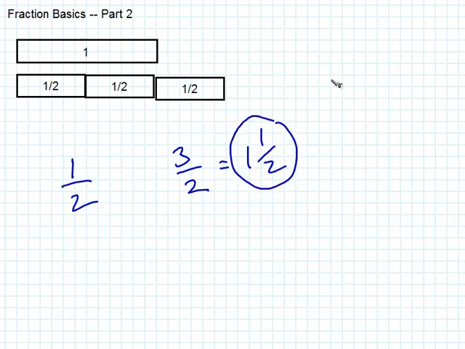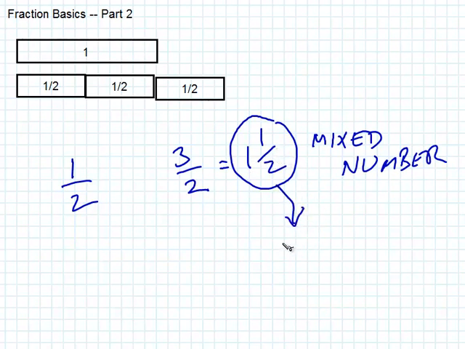This is called a mixed number, or some textbooks call it mixed numerals, or whatever. Different teachers would say it differently. But in other words, I have mixed notation here. I have whole number notation and I have fraction notation. They're just put side by side. What this really means is 1 plus 1/2. So I have the 1 here, and I have another half. All right? And so 1 and 1/2, you can read it like this, but what it really means is 1